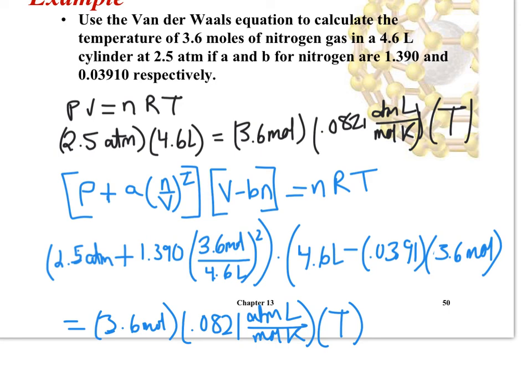Another question I could ask you is, what are the conditions under which KMT fails, or PV equals nRT fails? And so there are three conditions. Either when you have small volume of container, and so that's because the volume of the gas particles then would become significant, or under very high pressures, because that means there are lots of collisions, and so the gas particles are spending more time together, and so the intermolecular forces are significant,